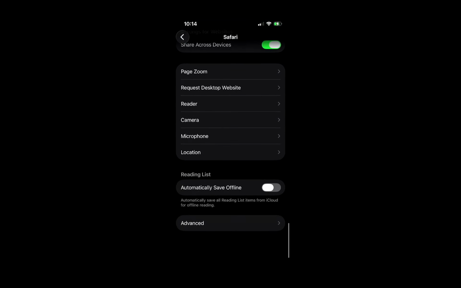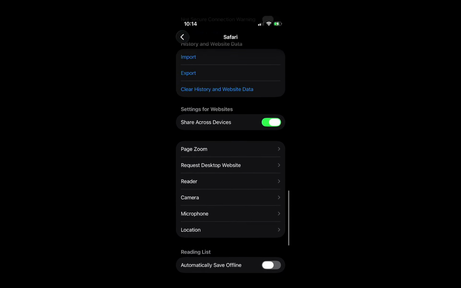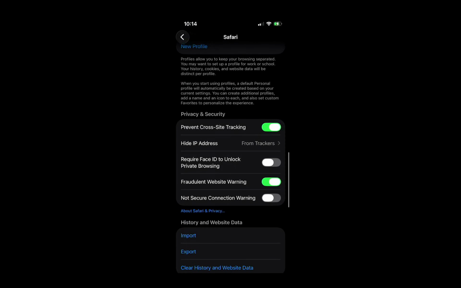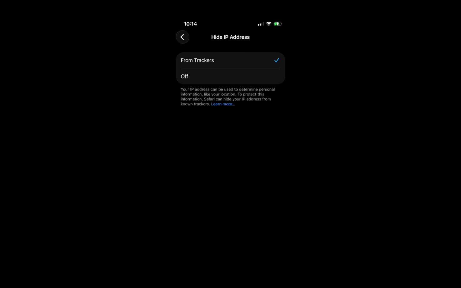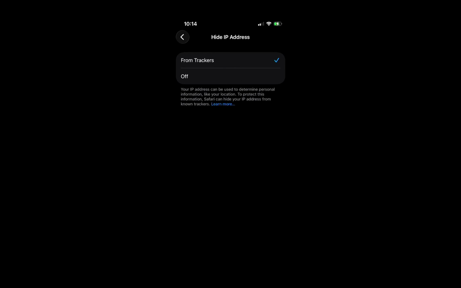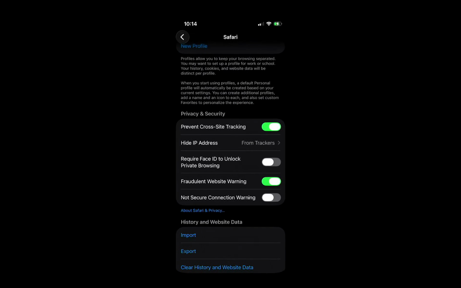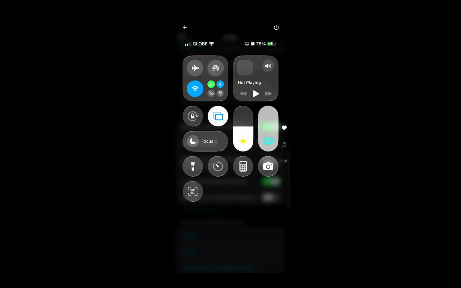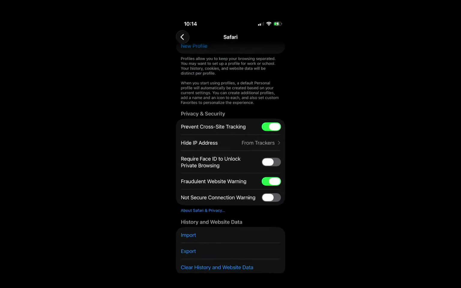If Safari is still not working, restart your iPhone or iPad. Simply turn the device off, turn it back on, and then try Safari again. After that, check for a system update. Go to Settings, General, and Software Update, then install any available updates. Safari updates are included with iOS and iPadOS updates, so this can fix bugs affecting web browsing.